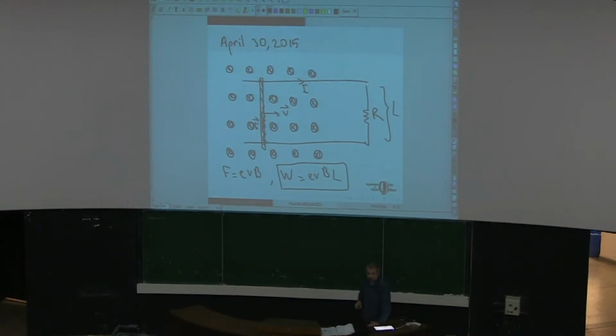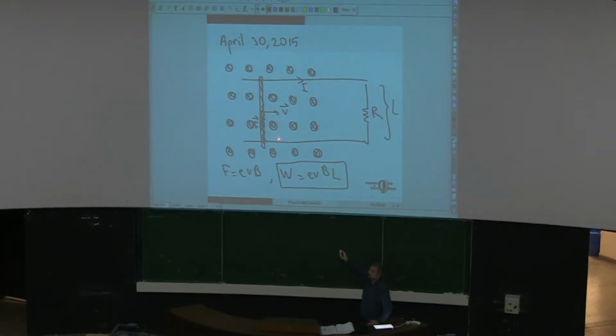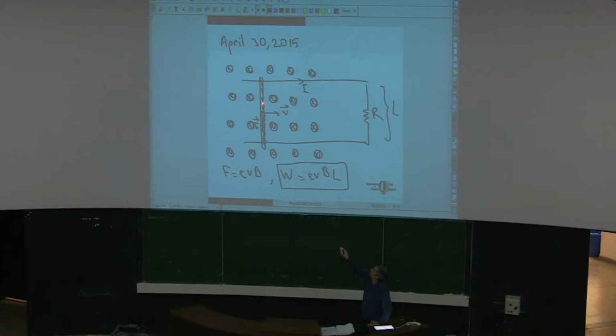Now, when we give it an initial push, there will be a current running through it, and the direction of the current is such that the force acting on this rod as a whole will be in the opposite direction. Okay, so let's see. This should be equal to E times EMF. So the EMF